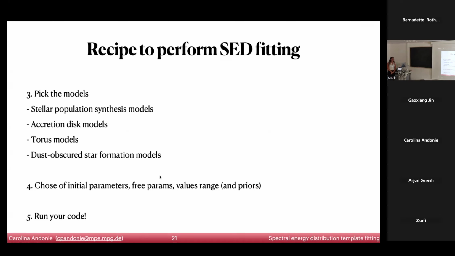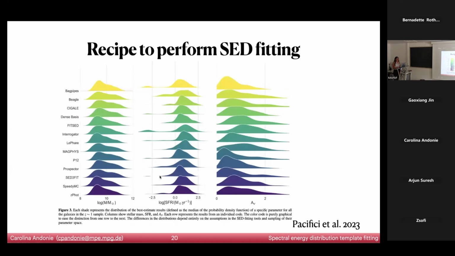So it's more about this paper with the comparison of the codes. So I guess they are using real observational data. Wouldn't it be interesting to maybe use some mock data so that we know the parameters to then compare? Yeah, actually that is what Johannes said when I was talking with him about this. They don't have a ground truth. They did not feed mock data to know which SED fitting code performed better.